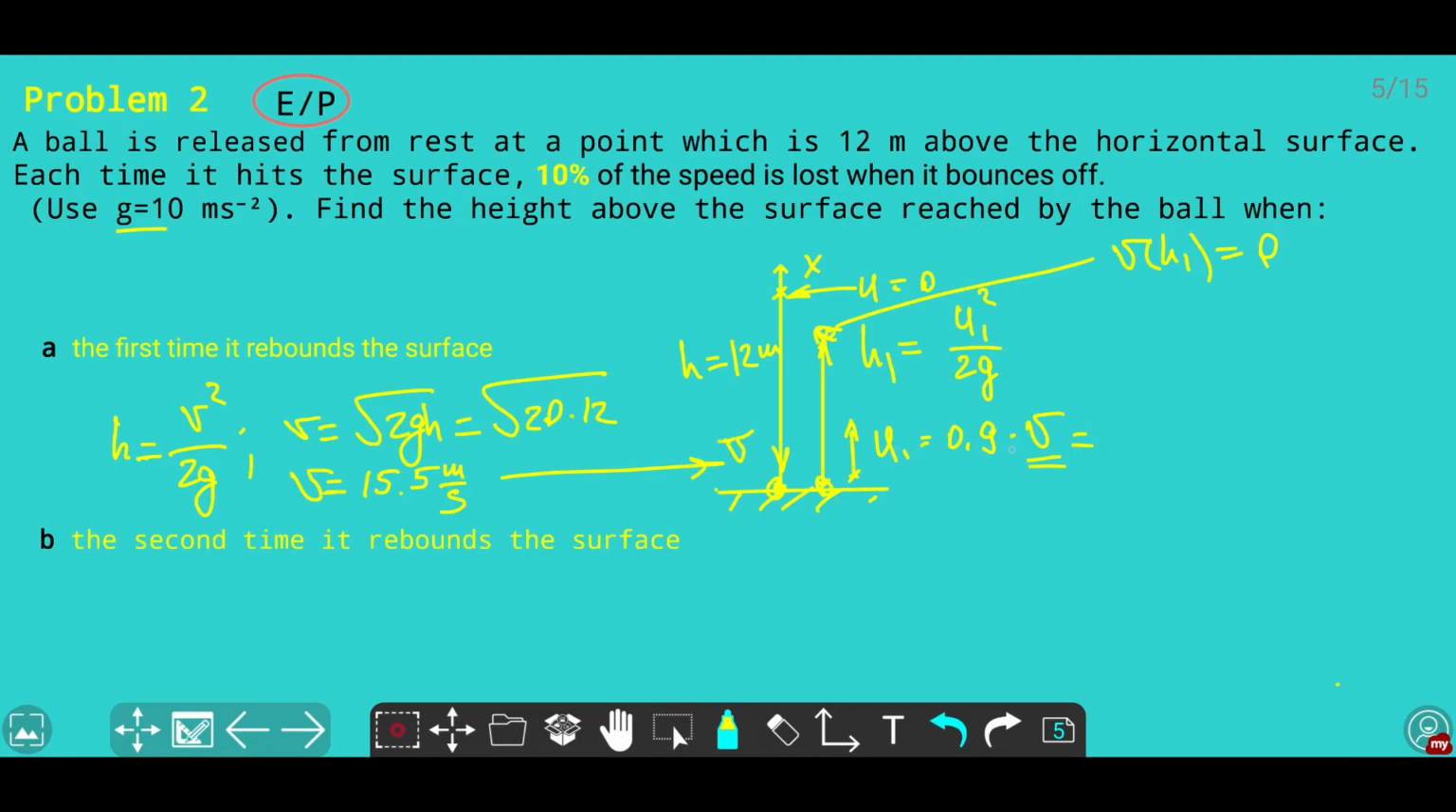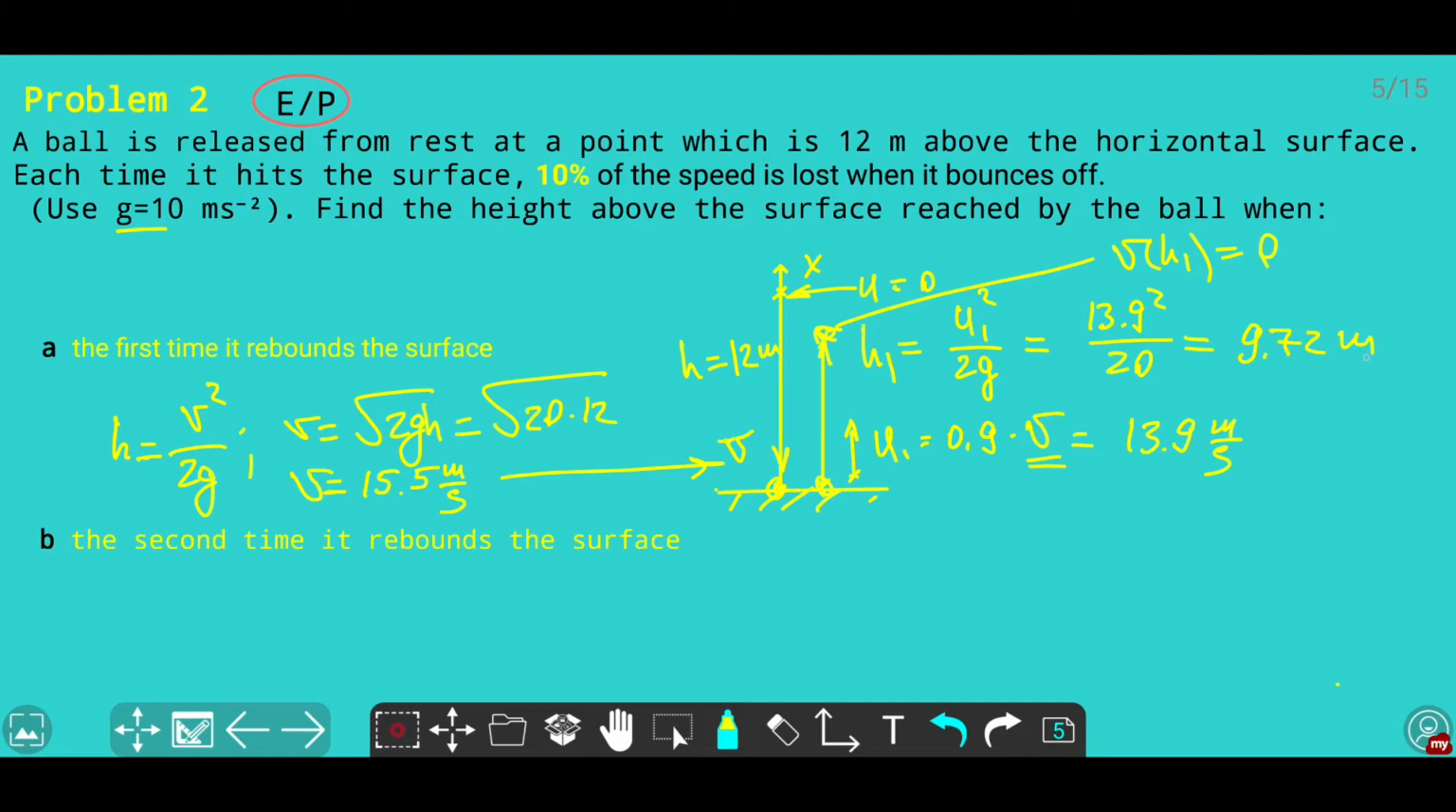So we just multiply by 0.9. It's going to be 13.9 meters per second. That's going to be u1. So from here, we can calculate the height h1, which is u1 squared over 2g. So it's going to be 13.9 squared over 20. And right now we can calculate this with no doubt. All right, so we just square it and divide by 20. So I've got